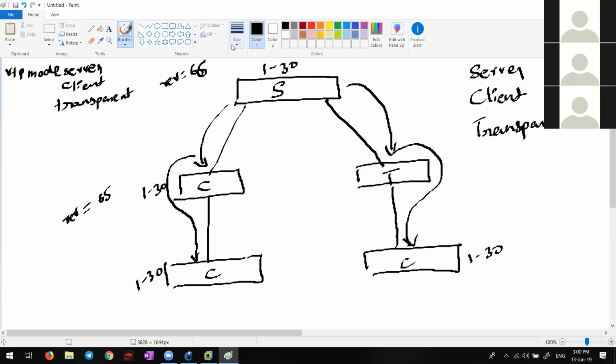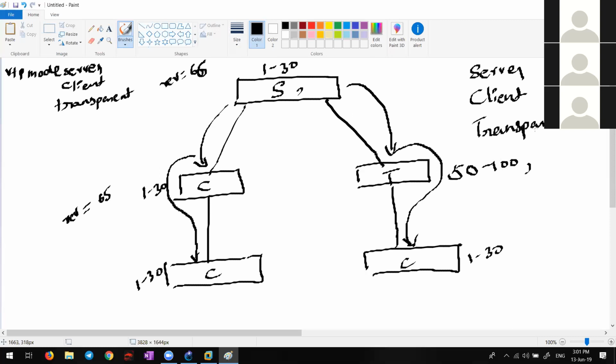That revision number will not change in transparent mode. No, it won't change. Guys, the revision number in the transparent mode will not change, right? It won't change. It has its own VLAN database, by the way. How will it be? He can have VLANs like maybe 50 to 100. Can he have the same VLANs like 1 to 30?